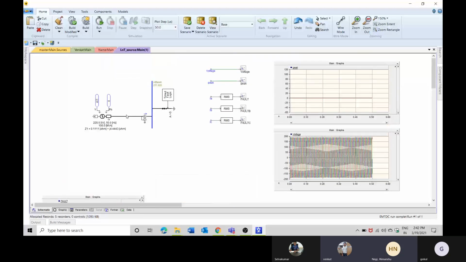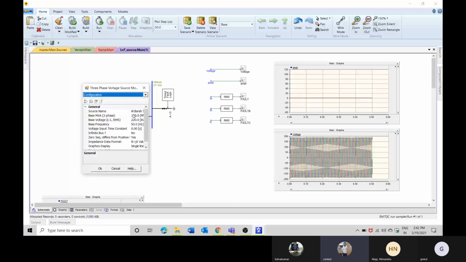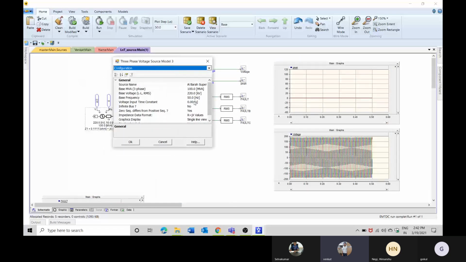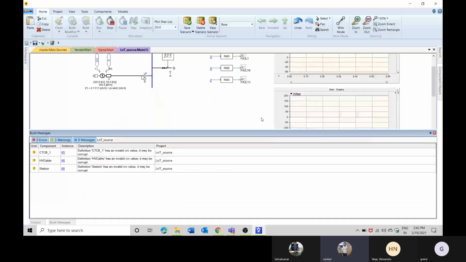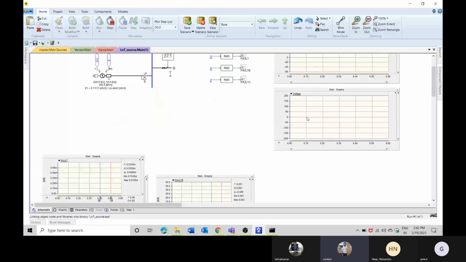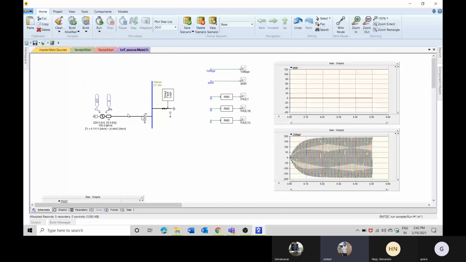Basically, the advisable solution is to always give some time constant for this voltage. That would be much more of a real-time scenario. Always give a time constant of 0.05 or whatever value you want. Here I have chosen 0.05, so it will ramp up in 0.05 seconds. That is the time taken to reach the peak value. Like that, you can perform the simulation for basic types.